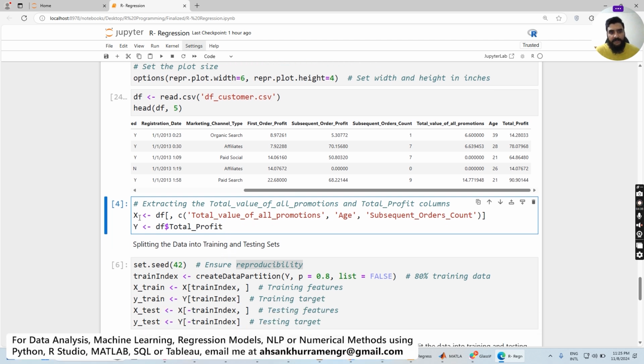Okay, so here I'm initializing a variable named X and I'm setting its value by calling the df data frame and then using this notation with a comma to extract specific columns out of the total data frame. Value before the comma represents rows, value after the comma represents columns, and here we are passing a vector of column names to tell that we want these 3 columns to be extracted from the data